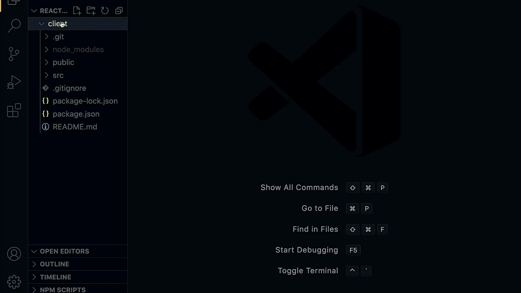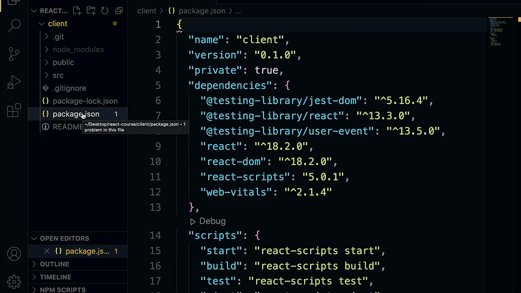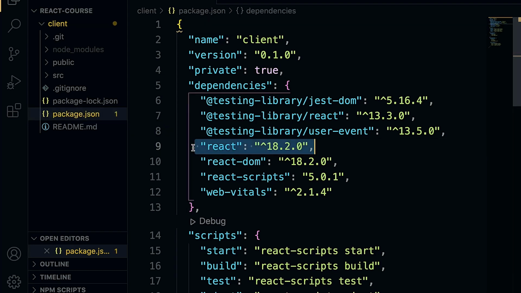Here it is. Let's proceed with the package.json file. The package.json file is where all the dependencies that concern the front end will sit. And over here, we have React version 18.2 installed. Right below, we have the React DOM. The React DOM is used to work with the document object model in the browser. And here we have the React scripts and the web vitals. And down here,